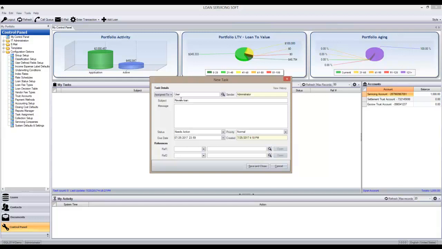And we're going to say, please review the assigned loan before it goes active. Then we can leave it as status needs action. We can set our due date if we'd like, and we could also reference it